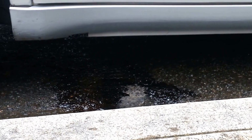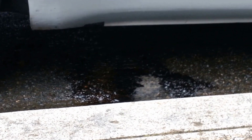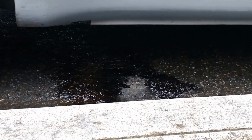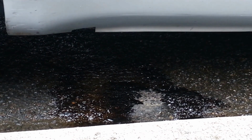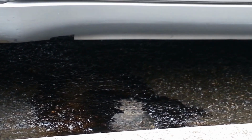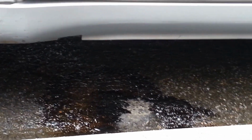I don't know what they're going to do or what I'm going to do, but now I have a better indicator of what's going on. Alright, so again, the right rear side of the car. Since December, let's just start over. I had a check engine light in December, and the check engine light essentially was